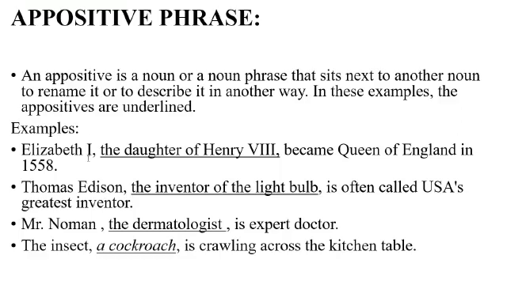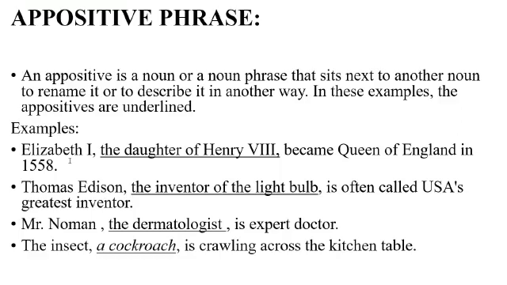If we read Elizabeth I became Queen of England in 1558, it is a complete sentence giving us a complete thought. But on the other hand, when we read Elizabeth I, the daughter of Henry VIII, now you see this underlined part, the daughter of Henry VIII gives another name to this subject, Elizabeth I. So it is an appositive phrase. We should not be confused over here. An appositive phrase is a phrase which gives another name to the subject.